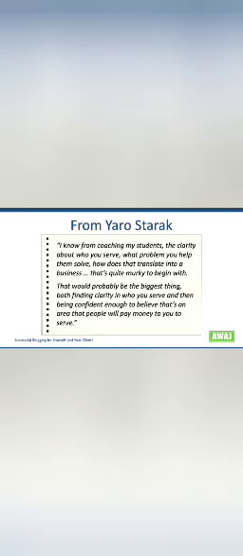So one of the things that Yarrow does is he actually coaches people who are in the process of launching a blog, or that's something that he has done in the past. And one of the experiences that he had over and over and over again was people were excited about the opportunity. They knew they could write. They knew they had something to offer, but they weren't quite sure how they wanted their blog to grow. They weren't quite sure who they wanted to serve, and they weren't quite sure what set them apart. And these are the three things that go into finding clarity. And if you figure these out now rather than later, you'll save yourself a lot of headaches and a lot